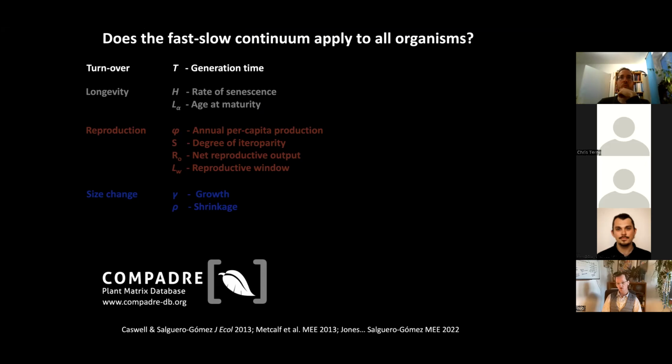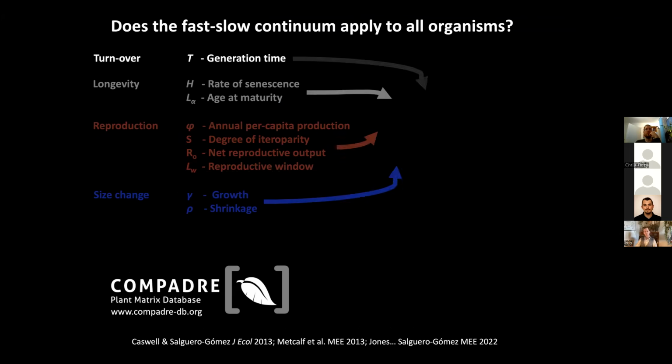As I mentioned a few slides ago, from any demographic model that I've presented to you today, you can apply age-from-stage decompositions, mostly methods developed by Hal Caswell, Steve Ellner, and other folks, and derive key life history trait information such as generation time, that is the mean age of reproduction of individuals in the population. You can also derive information about how quickly individuals in the population senesce, the age at maturity, the number of offspring being produced per capita, the degree of iteroparity, that is how frequently do individuals in that study population